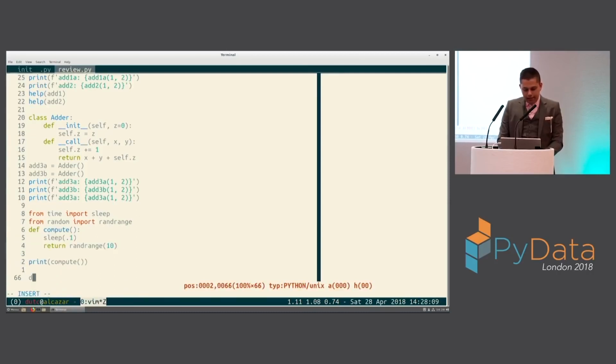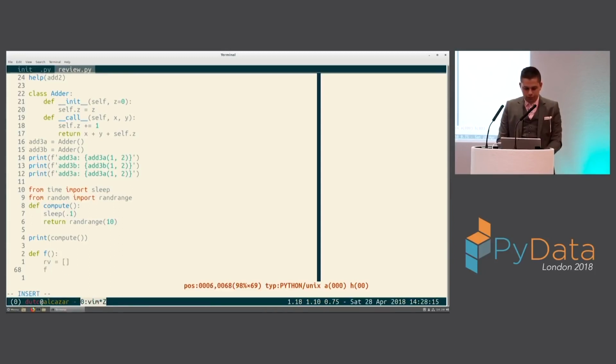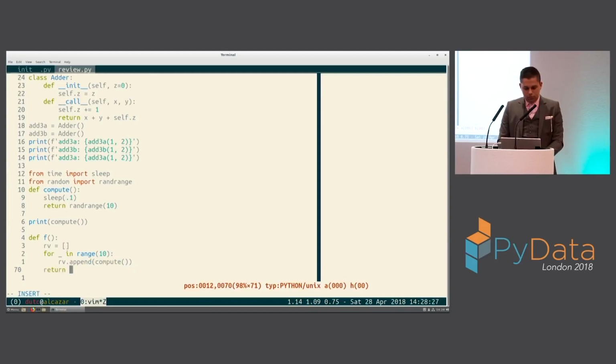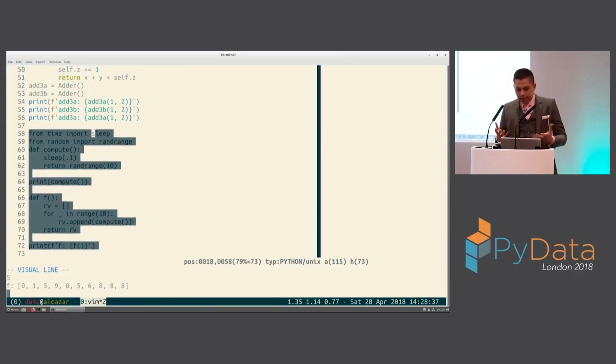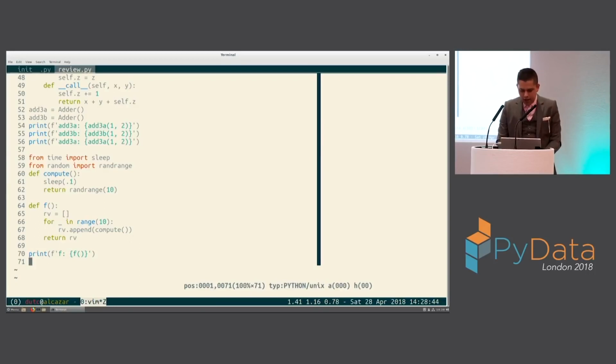Now, I can have a function, just a regular old function, that maybe does a couple of computations in a row. So maybe it calls this function 10 times. And I can print out what this function does. And we can see this in action. Should take about a second, and you can see it takes about a second. Now, I can look at this and I can say, that's very interesting. It takes a full second, it computes everything up front.